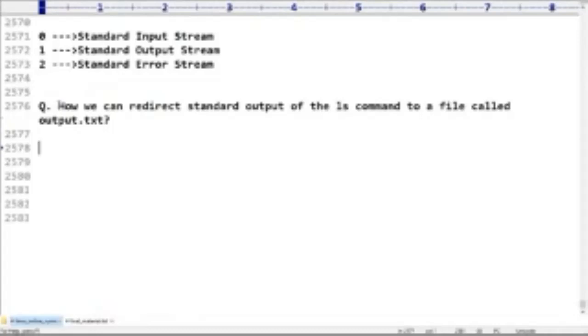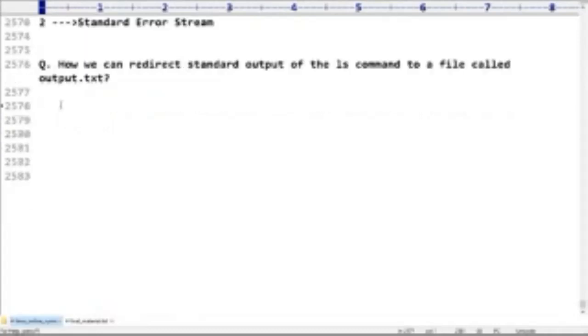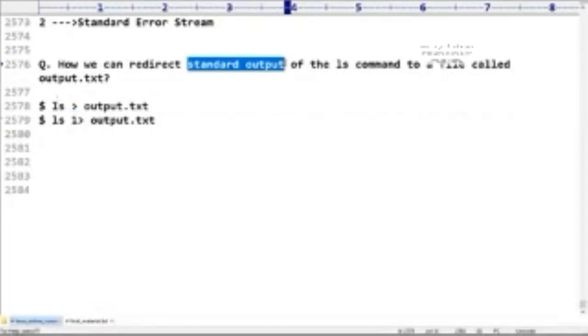Okay, ls command, redirect it to output.txt. Standard output, not standard error.